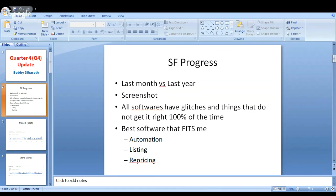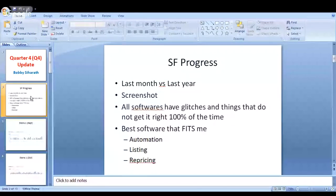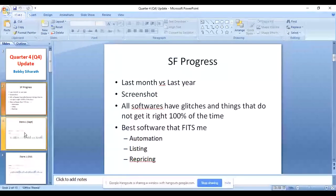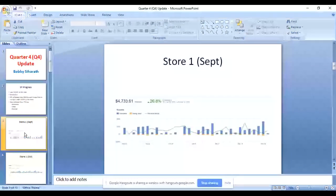All right, so that's my update. I'll let the numbers do the talking for me. I have 3 stores. One is my main store. I started back in January 2018, and store 1 is my main store. So you can see from August to September, before SaleFreaks,